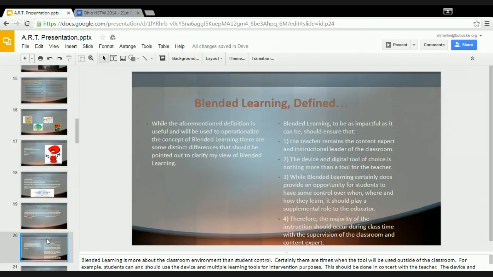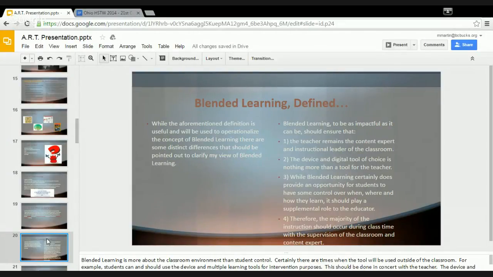So here's what I'm saying. I'm going to look at blended learning a little bit differently than what was just used as well. I will use that definition to operationalize it, but I also should point out some distinct differences that clarify my view of blended learning. So I think that blended learning, if it's going to be as impactful as it could be,